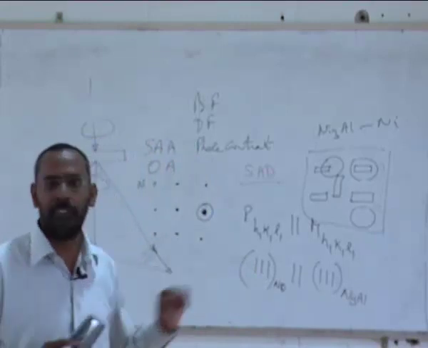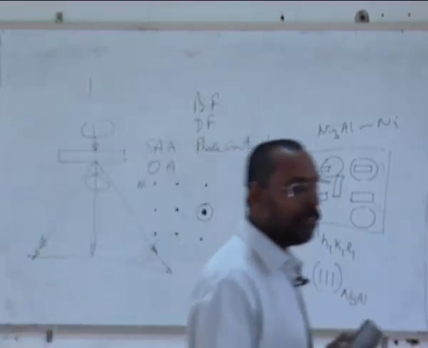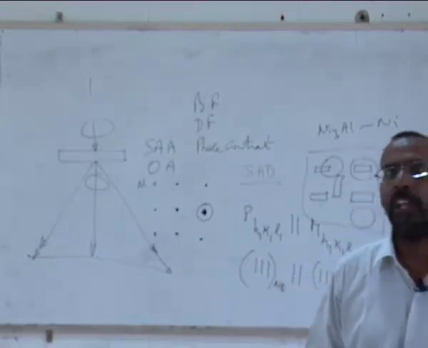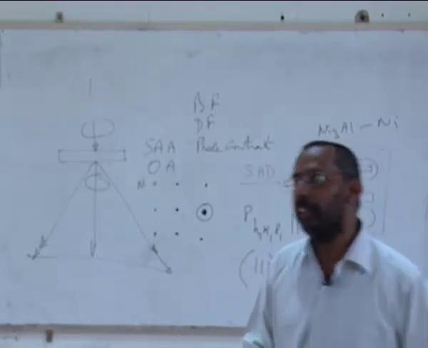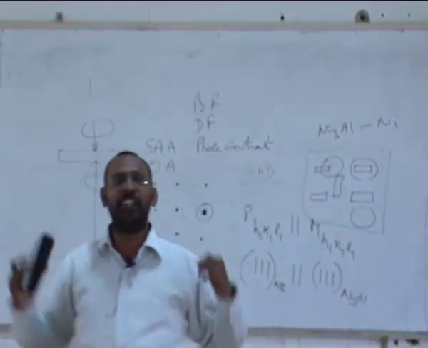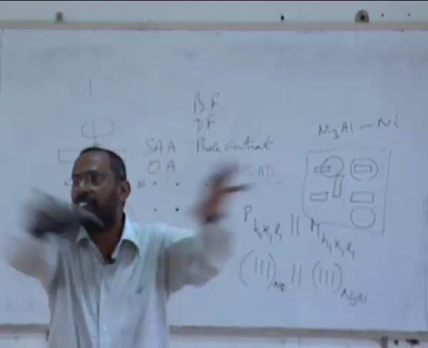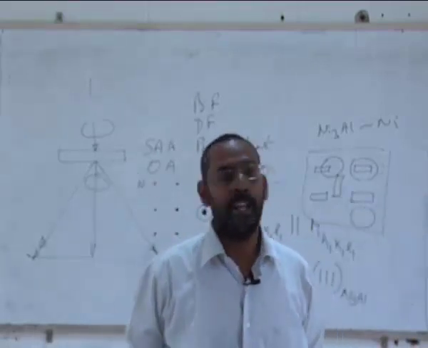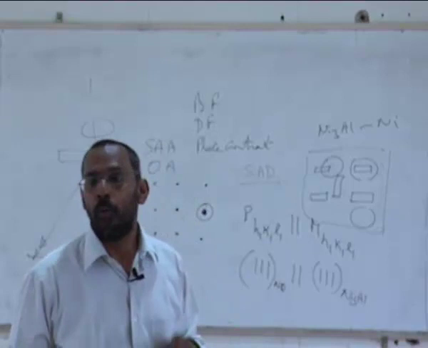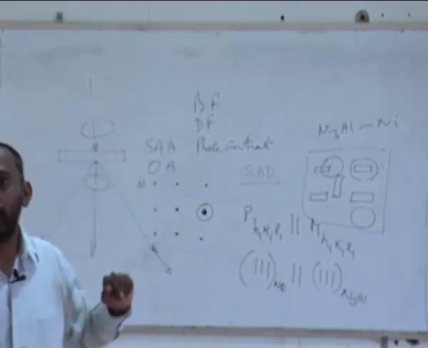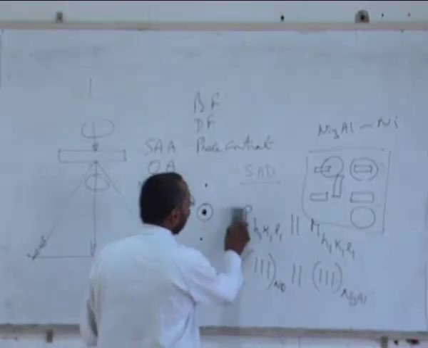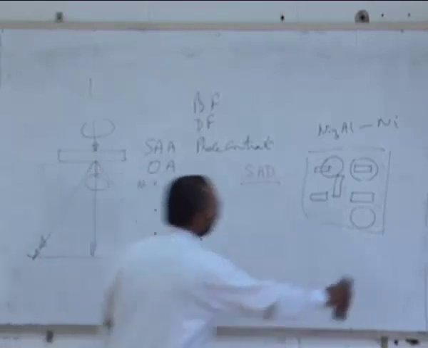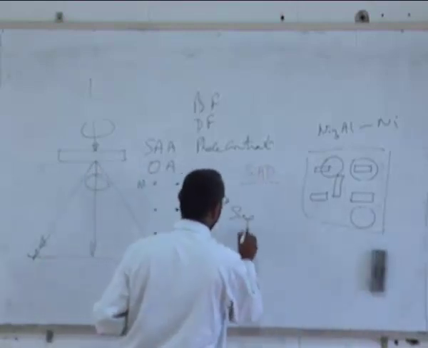There are certain advantages of this. For example, particularly nanomaterials. If your goal is to find out what is the grain size of a nanomaterial, the best way is to go to a dark field diffraction, because you will know which are the grains which are actually giving diffraction. If you have a sample with so many grains in it, and you are putting your objective aperture after taking the diffraction pattern, I will also come to it a little later. How does a nanomaterial give you a diffraction pattern? Maybe now that we are talking, maybe we will finish that part also. For example, this particular diffraction pattern that we talk about is called single crystal diffraction pattern.